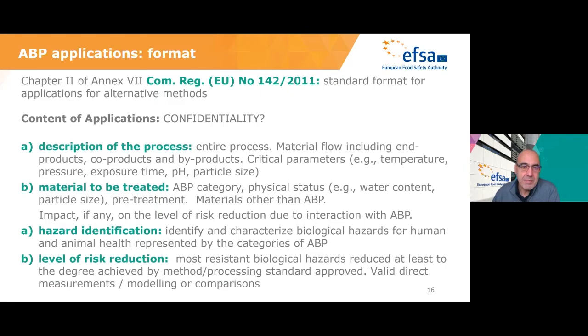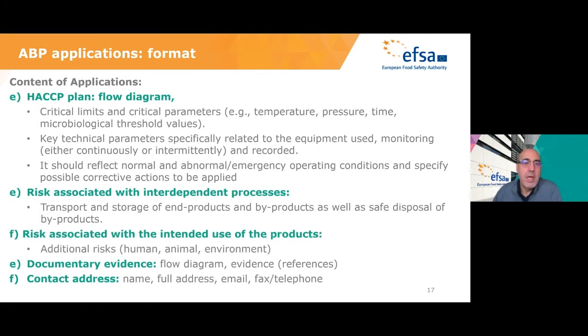The next slide, please. And then the application must include a hazard analysis and critical control points plan with full flow diagrams, the definition of the critical control points, the rationale for them. They have to be designed according to the industrial setting where the method is going to be applied, the critical parameters, what are the limits of these critical parameters that are going to be considered to trigger a corrective action, how they are linked to the equipment that are